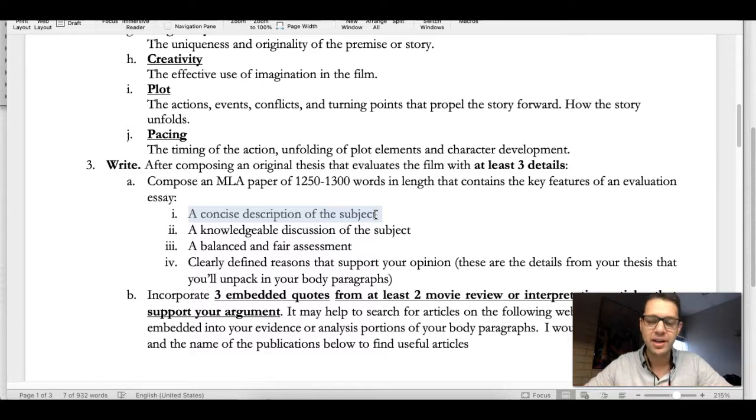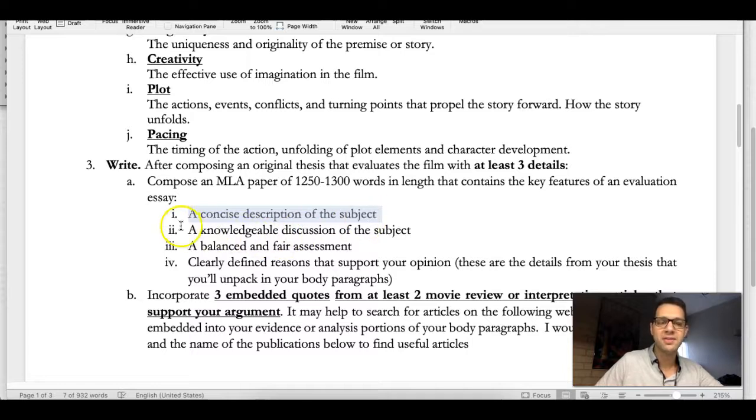Now, for an evaluation, imagine that you opened up an evaluation in Amazon or in the newspaper, something like that. You don't want to give spoilers. So you don't necessarily want to tell me how the film ends. You want to do your best to just give clues as to what's going to happen without revealing the whole thing. And for this movie in particular, you definitely want to avoid spoilers. And don't read any online reviews yet until you've watched the film. Okay? So give me a description of the subject. A great place for this in your essay would be your introduction, right before your thesis. That would be a great place for it.